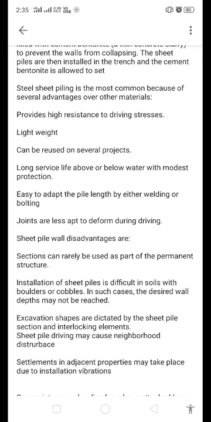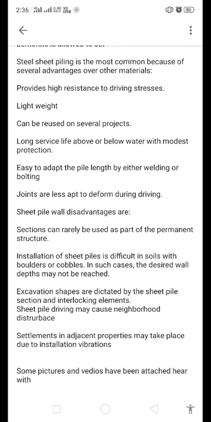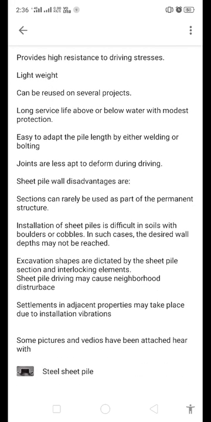It provides high resistance to driving stresses. It is lightweight, reusable, and has a long service life. Joints are less likely to be deformed during driving. Sheet pile walls also have some limitations or